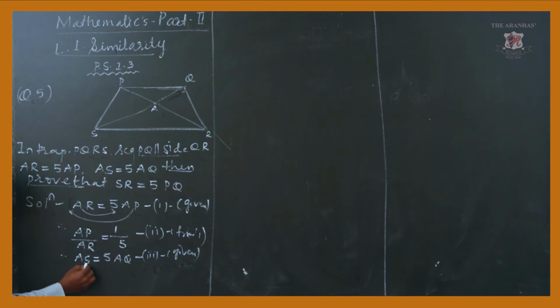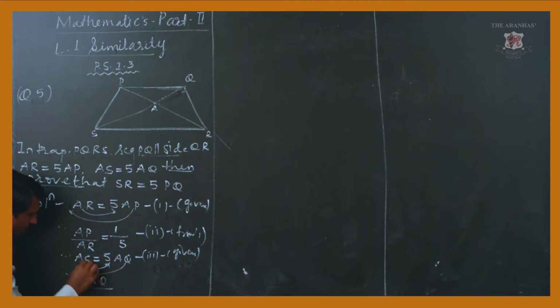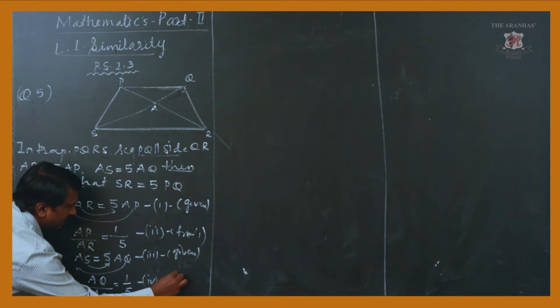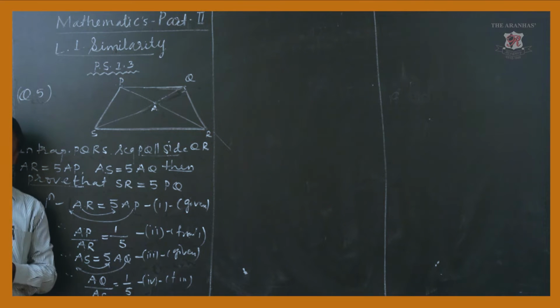Same here, the coefficient of AS we have to consider as 5, and AQ's will be 1, which is not written, but we have to consider it. Then if we substitute, we get AQ upon AS equals 1 upon 5. This is the fourth one, written from the third. And now it is time to compare the two